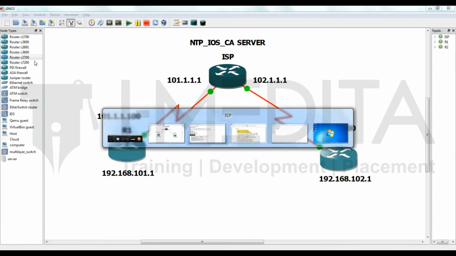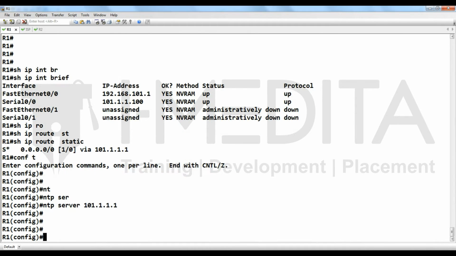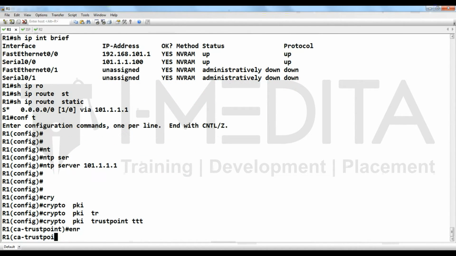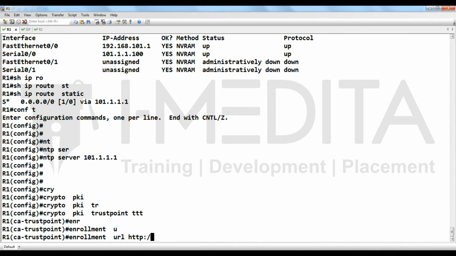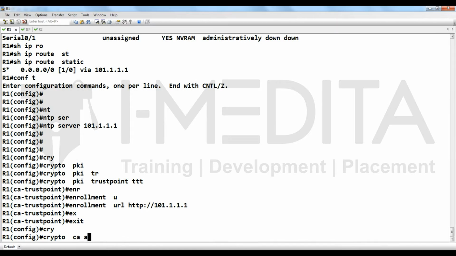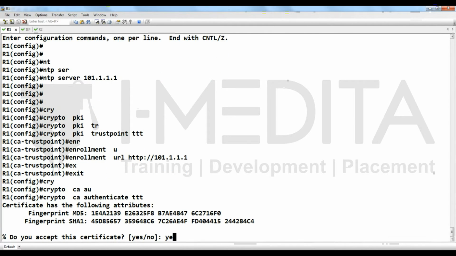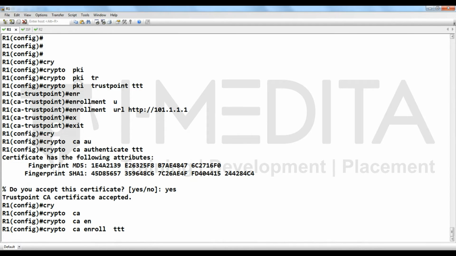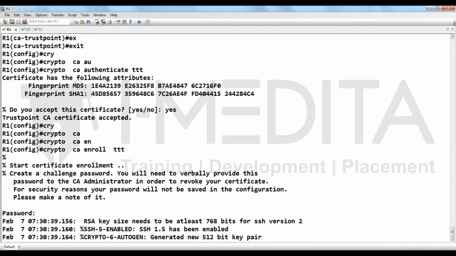Now we have to obtain a certificate at R1. Crypto pki trustpoint, you can use any name, enrollment url http with the CA IP address. Then crypto pki authenticate. First of all you have to authenticate, and after authentication you have to enroll.